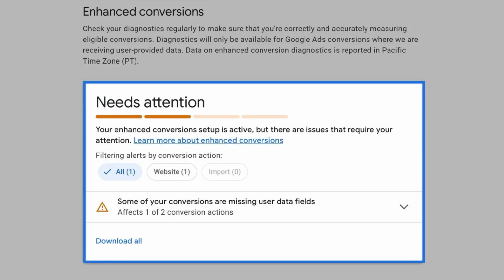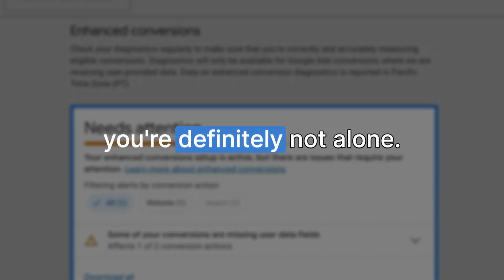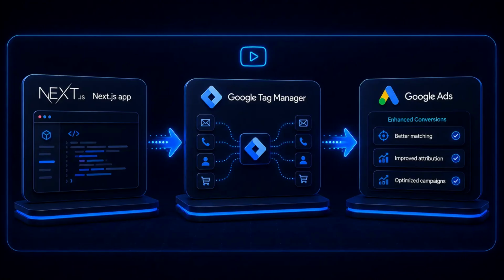If you've ever opened Google Ads and seen the warning "enhanced conversion needs attention," you're definitely not alone. Or even if you haven't seen it yet, setting this up correctly from the start will save you a lot of headaches down the road. So in this video, I'll show you exactly how to implement enhanced conversions for Google Ads using Next.js and Google